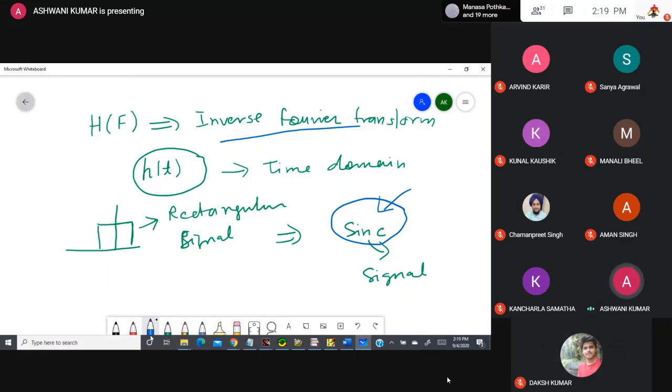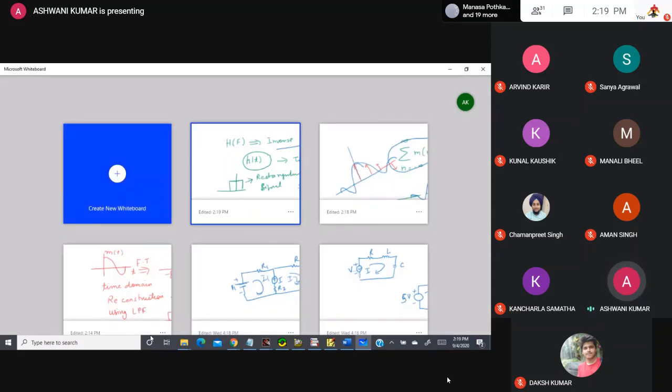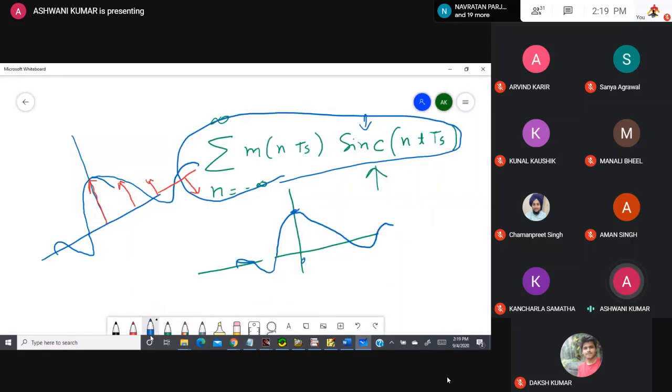But when you have a number of pulses, at that time you place the low pass filter, and the low pass filter has the transfer function of a rectangle pulse, and the rectangle pulse gives you the sinc pulse.